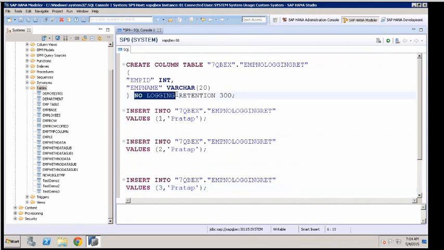In the SQL, you use this command. By default, this logging is enabled. But if you want to set it as no logging, we use the command no logging.